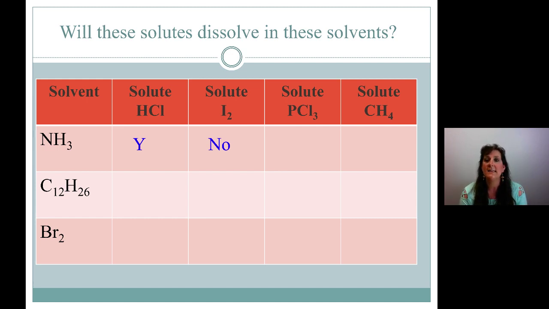All right, what about PCl3? PCl3 is also trigonal pyramid like ammonia. It has a lone pair on top, 3 bonds pointing down in a little pyramid shape. So PCl3 with that lone pair on top is not symmetrical. So is it polar or non-polar? Polar is correct. So we have polar PCl3 and polar NH3. Will that mix? Yes. Polar mixes with polar.